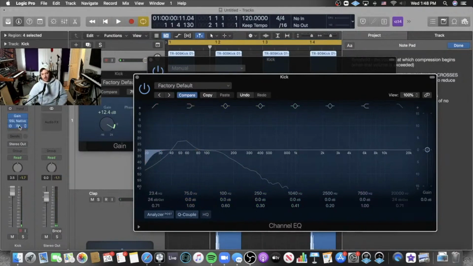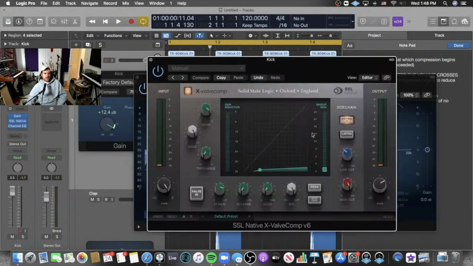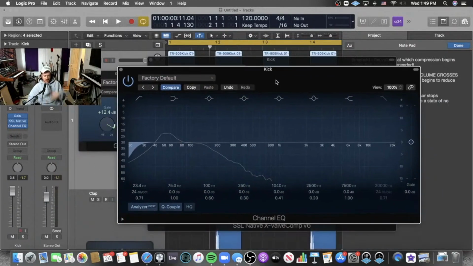Now, here's an important concept, right? If I wasn't using this sidechain EQ, and we'll get into why that is, if I wasn't sidechaining the information on the kick, so not compressing everything below 338, I would definitely want to do this before the compressor, because this information is going to trigger the compressor. So if you're going to make a low cut,